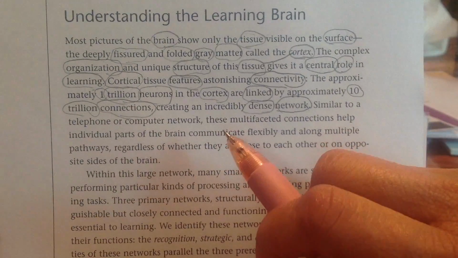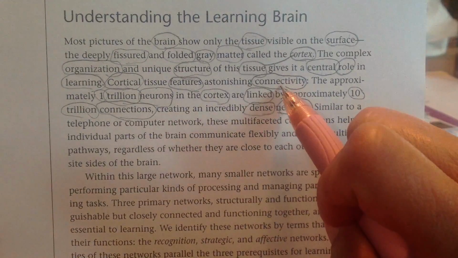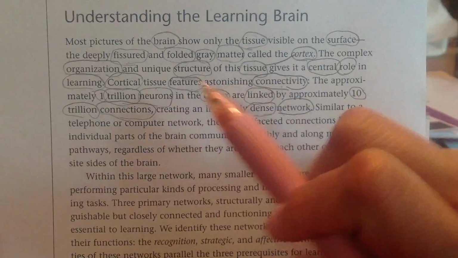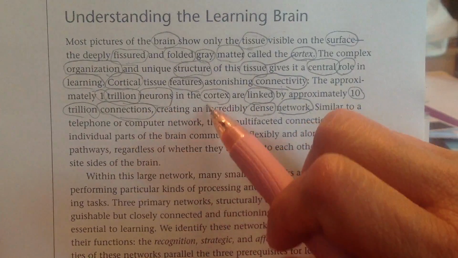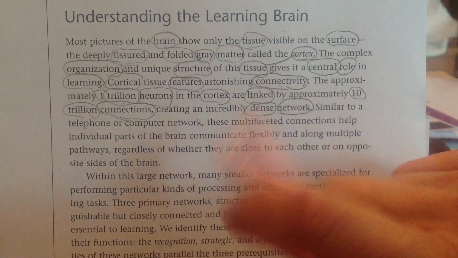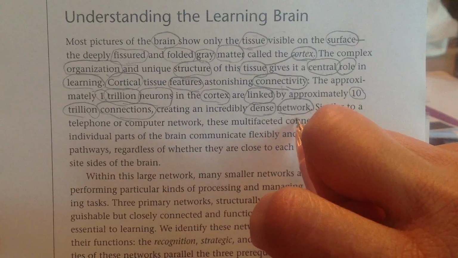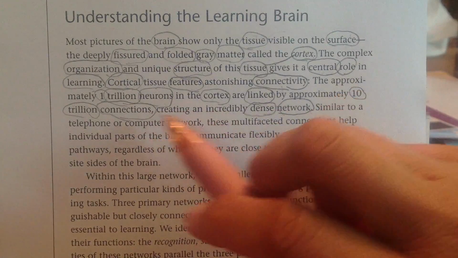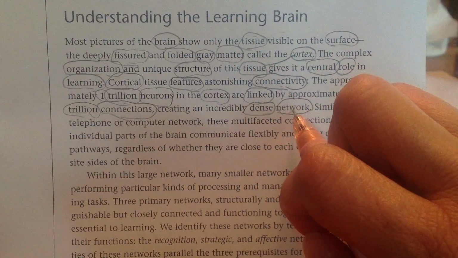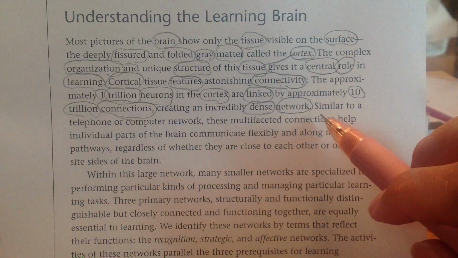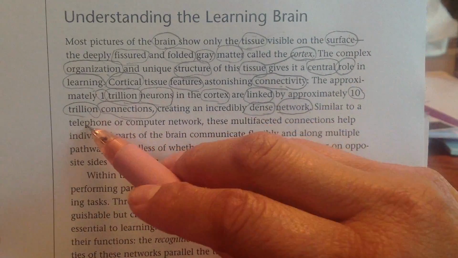So, approximately, what is this connectivity? This connectivity are 1 trillion neurons in the cortex linked up by a bunch of connections, and those connections create a network. Connections, connectivity, network. I'm going to continue. Similar to a telephone or